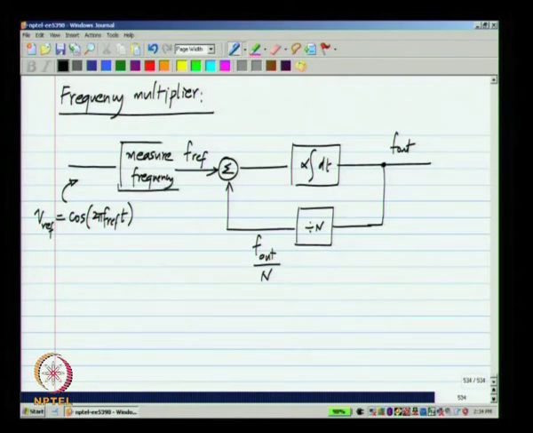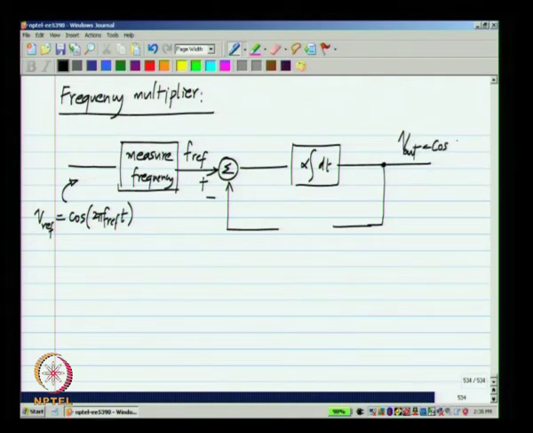If we do that, we will obviously get f ref, okay, and that has to be compared to the output, which will be a signal at the output frequency. Let me say cos 2 pi f out t plus some phase offset phi out. Okay. So, in general the phase offsets can be different. Here also I will show it as some phi ref.